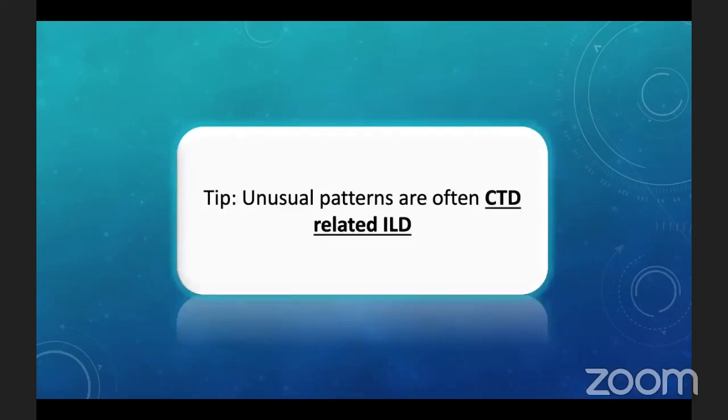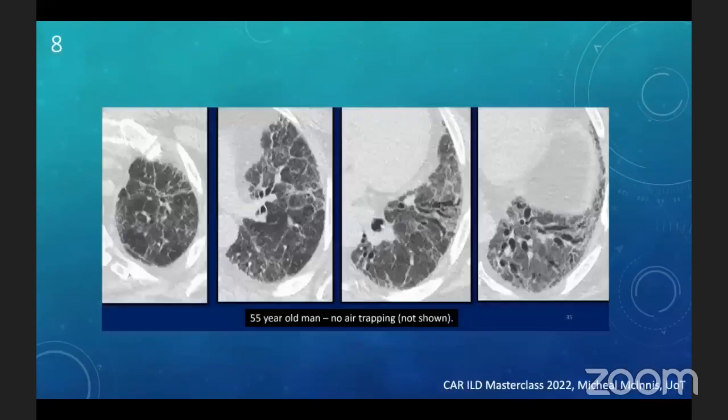Going back to that one, do you think it's really looking like the typical normal NSIP that we see? No, it's unusual even for NSIP. Why? Because it's very heterogeneous and has lots of central extension of the ground glass opacities. And classic NSIP pattern presents as a homogeneous peripheral subpleural ground glass disease with subpleural sparing in some cases. So when you see it very heterogeneous and having that unusual appearance, think of CTD as a cause of the